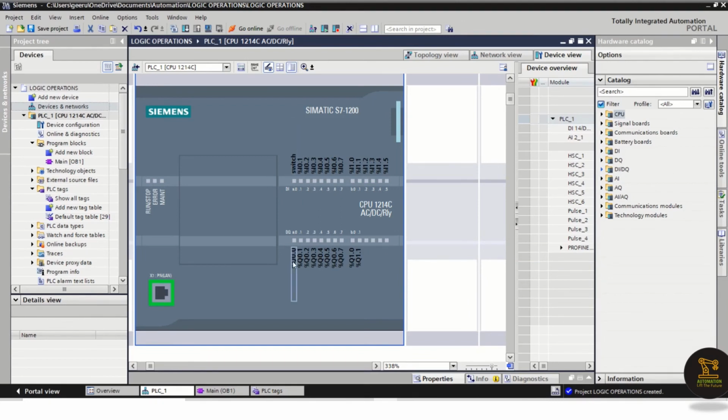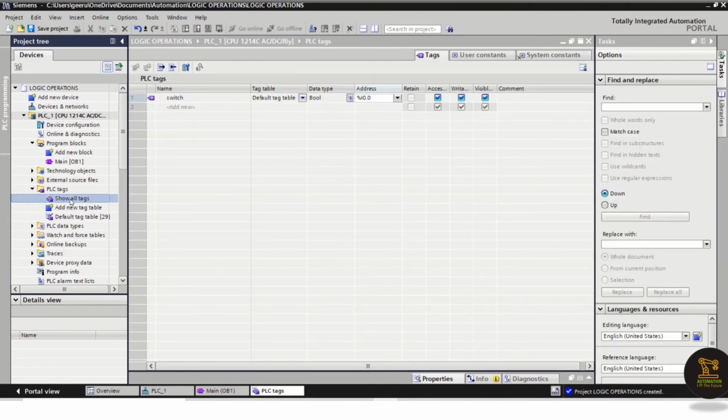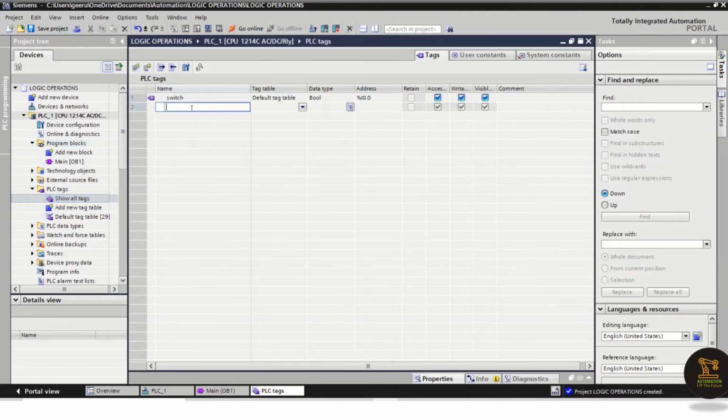Okay, so I am using this output. I have taken one switch. I will take one of the outputs, like Q0.0, and I want to rename this. Now go to show, PLC tags, show all tags. Here I want to give a name called light, and the address should be Q0.0. If you want to edit that, by default it was taking I0.1 in the sequence.